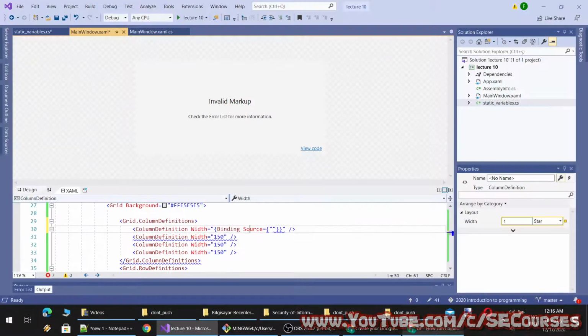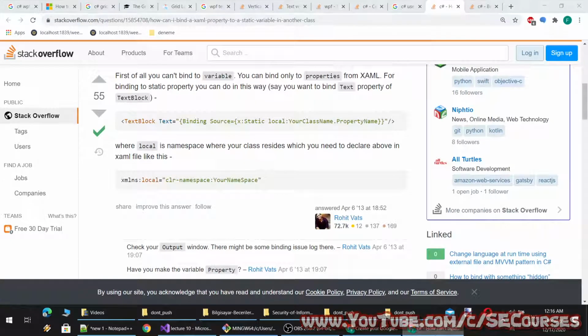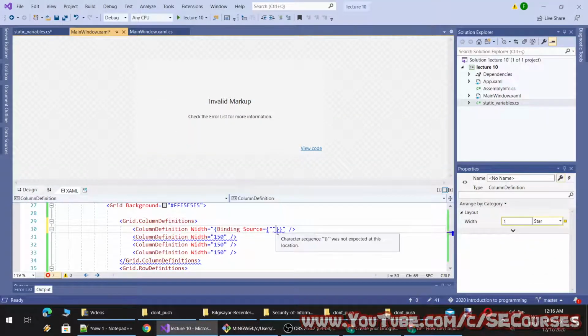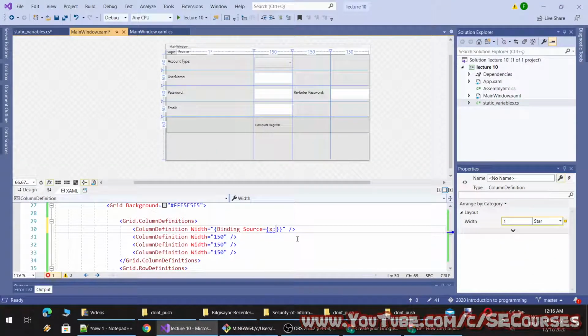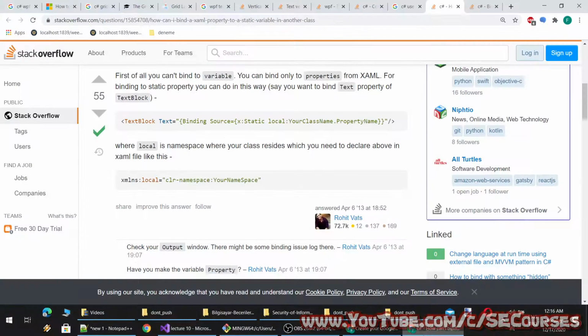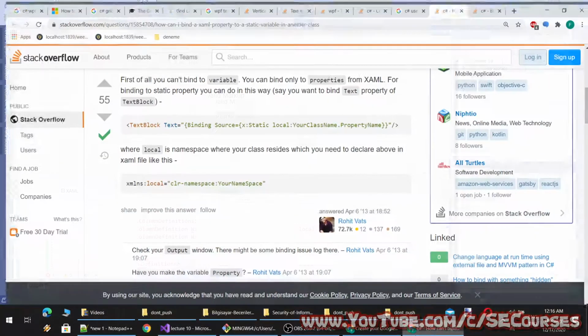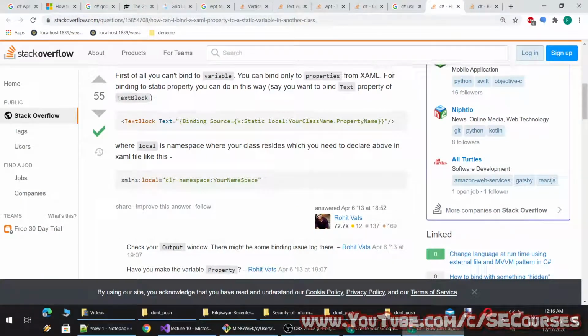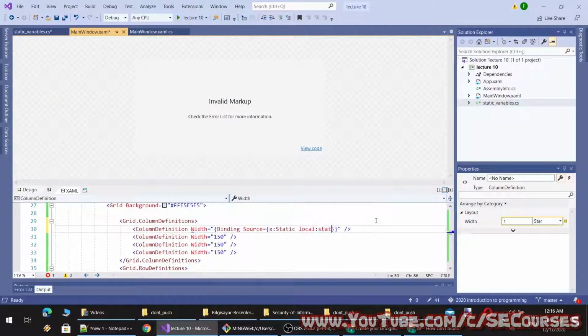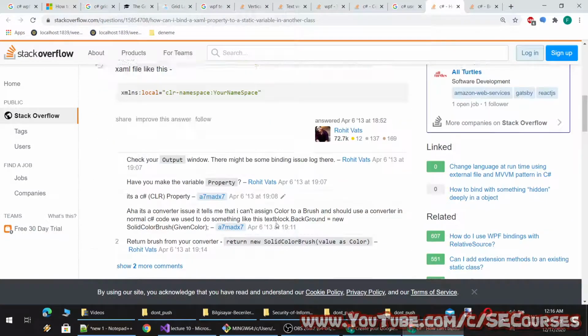Binding source equal to. Oh, we don't have this. Okay. X static. Then local. My class name static. Oh, doesn't work.